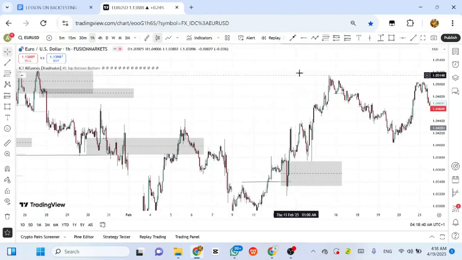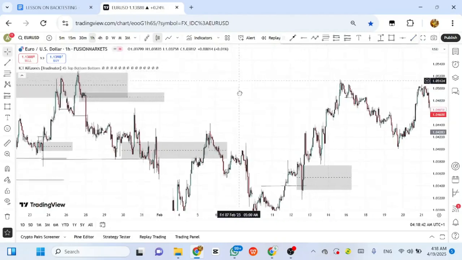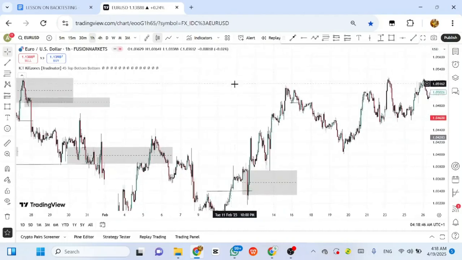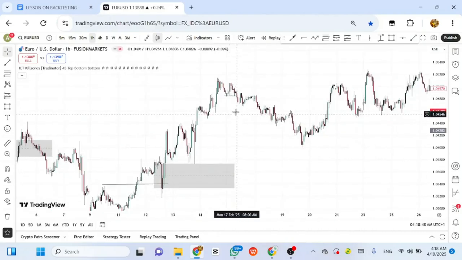First, it tapped into a zone of interest, and this zone is a kind of supply zone. Just notice that it has tapped into that zone, and then it has lost momentum and broken out again. After this breakout, we can wait for further confirmations, right? Yes, but just in case we do not wait for confirmation after this breakout.